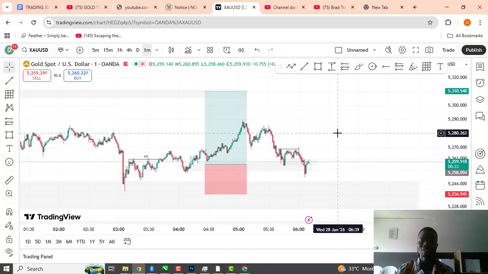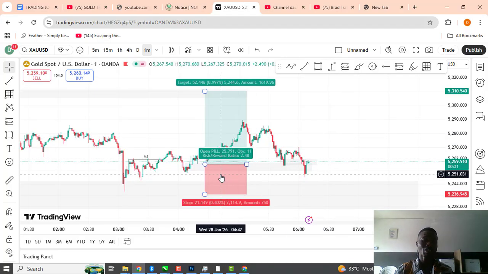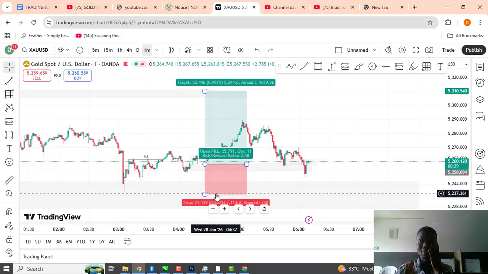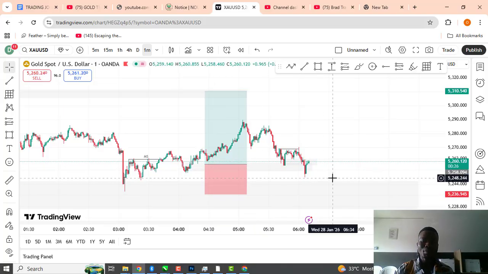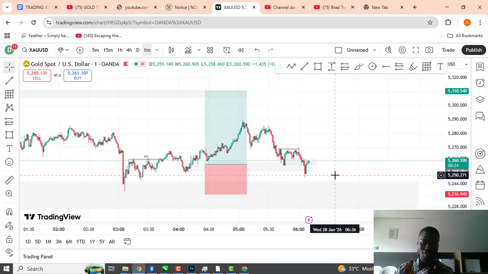I have set my TP and my stop loss, but when I was learning to trade, at this point in time I would be feeling somehow that